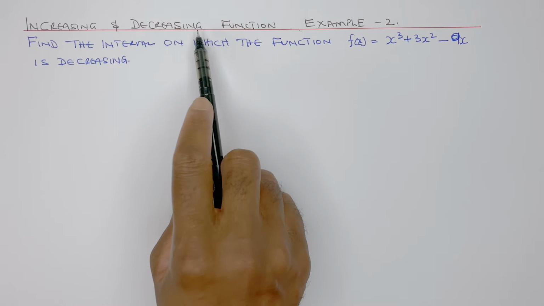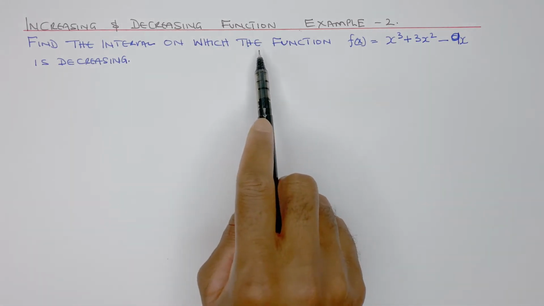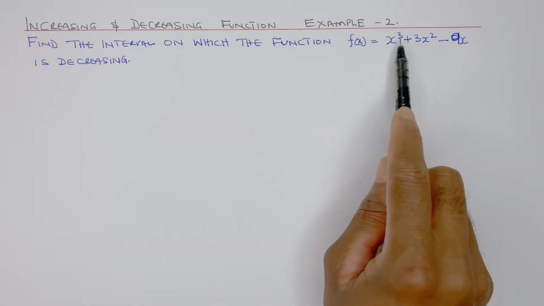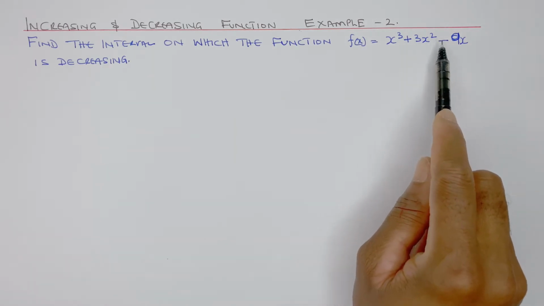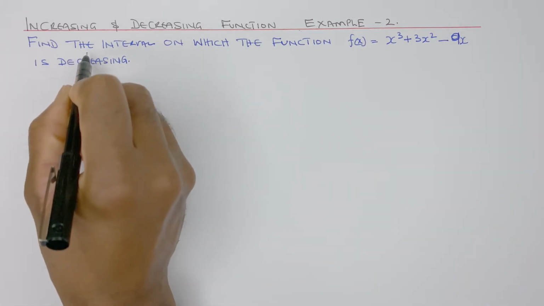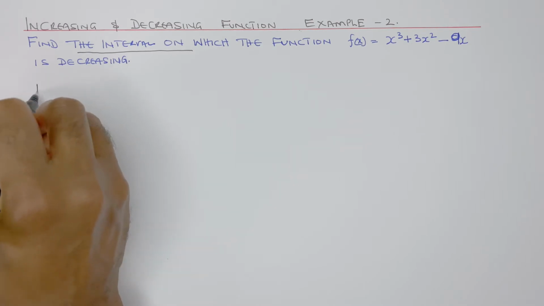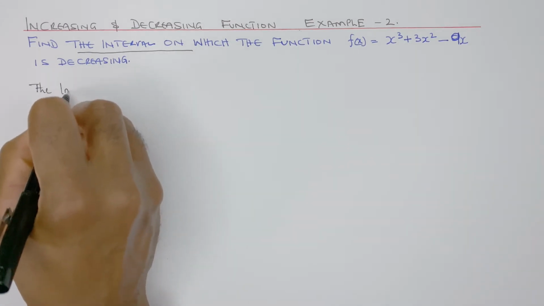Increasing and decreasing function, example 2. Find the interval on which the function f of x equals x cubed plus 3x squared minus 9x is decreasing. The word interval here is